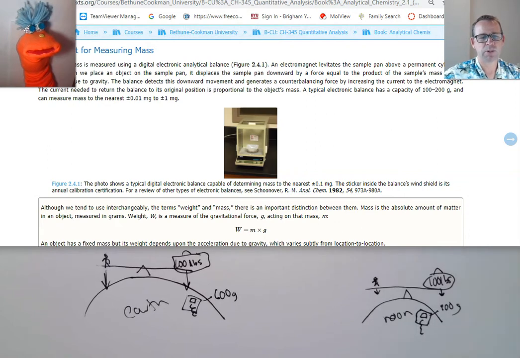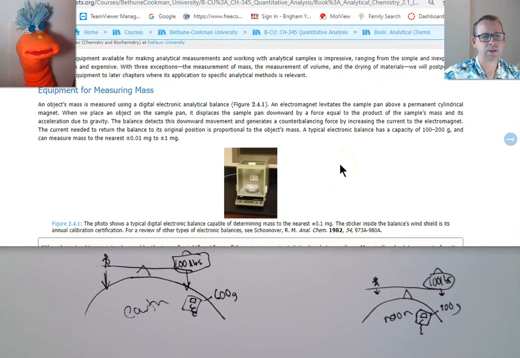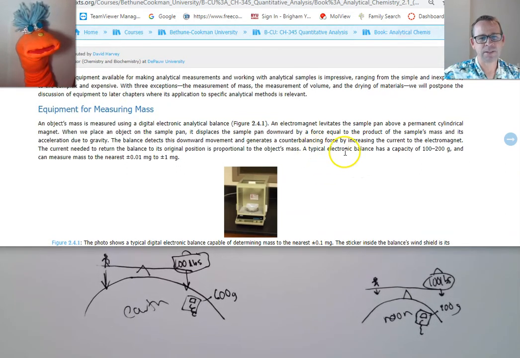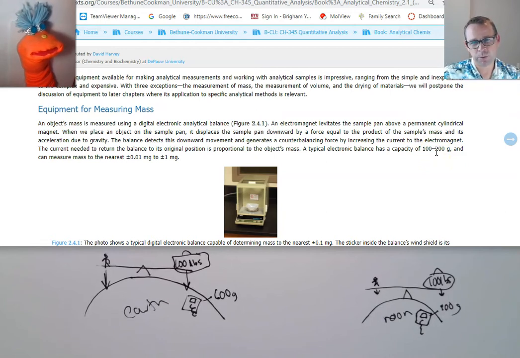Okay? So the difference between mass and weight, and the difference between a balance and a scale. If we look at our balance, a typical electronic balance capacity is not too high, and sometimes you can run into trouble if you need to have very large masses. But usually that's what you want to avoid. We don't want to have excess material. We want to try to have less material required. And they can measure to the nearest 0.01 milligram or to 0.1 or plus or minus 1 milligram. So it's between 1 to 0.01 milligrams. Now that's pretty small, and